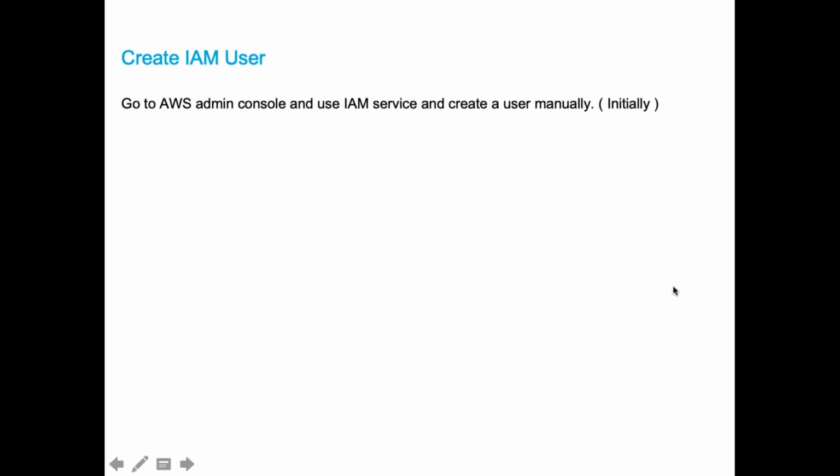So SL is asking, is it not possible to run the Terraform scripts with your existing user? Yes, it is possible, but whatever I'm using, that is the root user. So you should create an IAM user and get the access key and secret key.